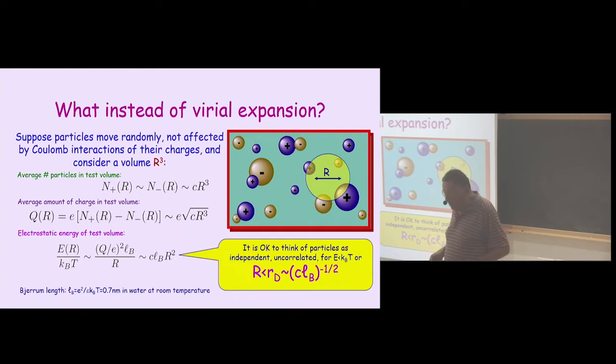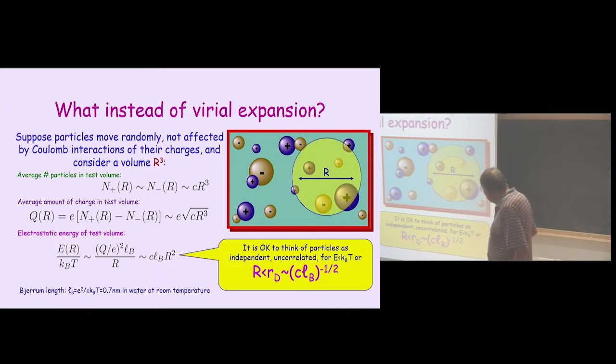If it is larger than kT, then they say, no, we cannot go there. And you see that it depends on how big the size of this probe volume is. If this size is smaller than a peculiar distance, which is called the Debye screening length,